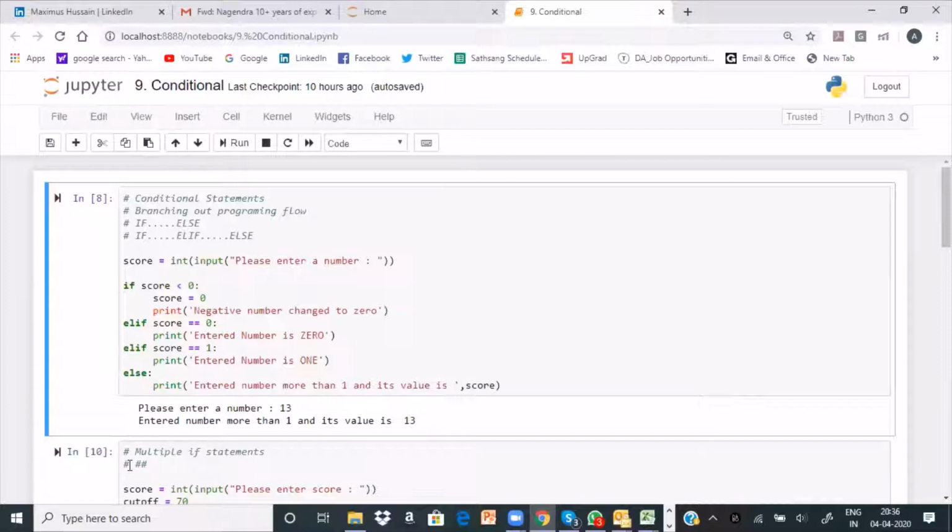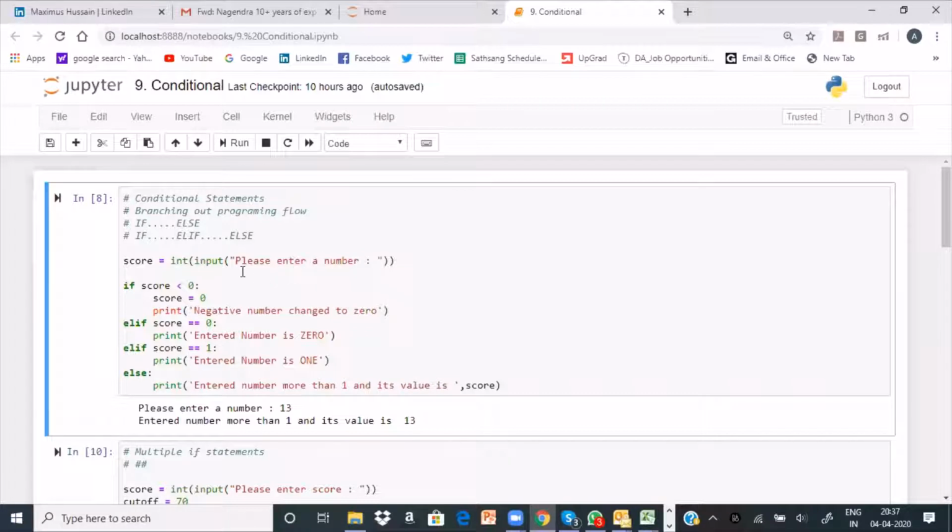So it is about if else is one combination. Without else also you can write a combination. You can simply write an if statement. If else also you can write, if, elif, and else. This is the other. These are the two things. That's all you need to know. There is not a big complication over here.